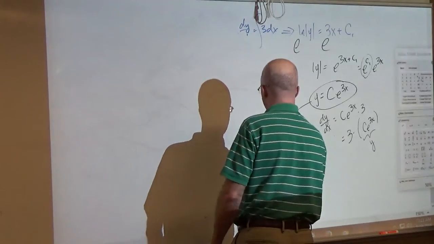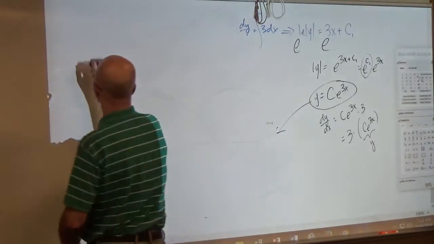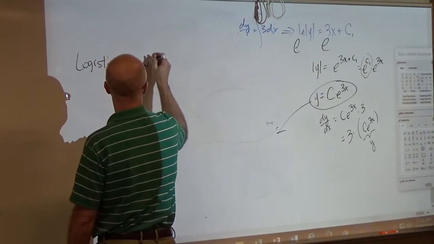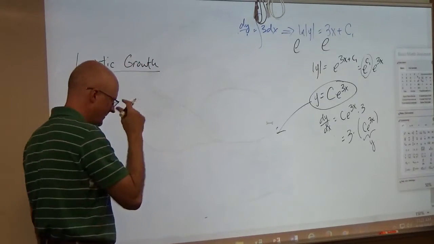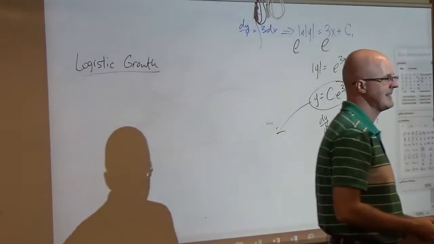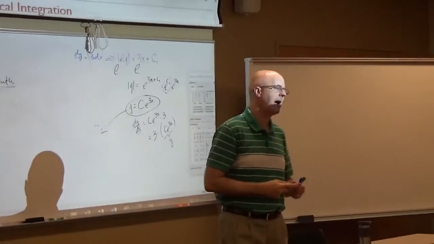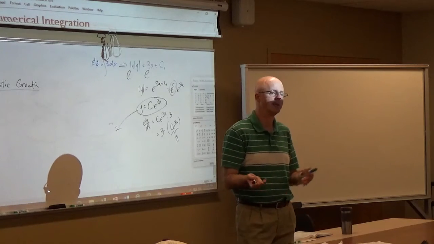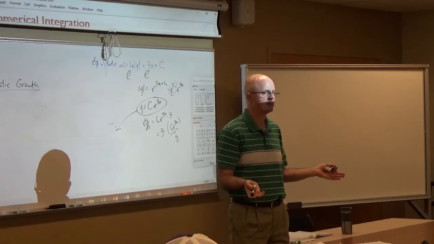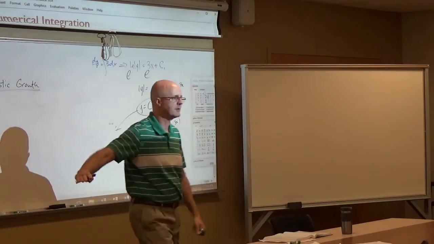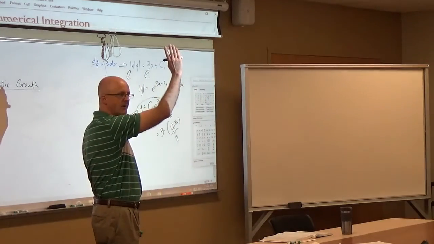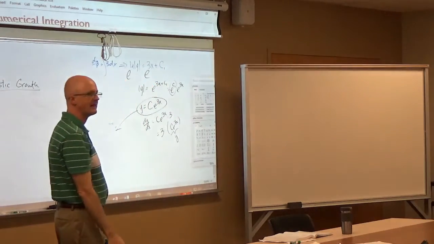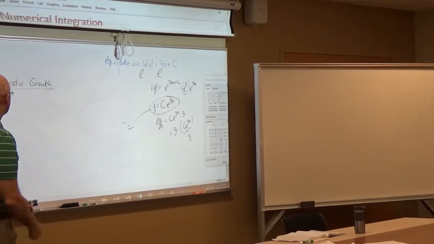That was the exponential growth model. There's something else called the logistic growth model. Oftentimes this feels a little bit backwards because both with the exponential growth model and this logistic model, we basically know what we want the graph to look like ahead of time. With the exponential growth, it's increasing and concave up, ultimately growing faster and faster over time, very rapidly, in fact, because it's exponential growth. With the logistic growth,